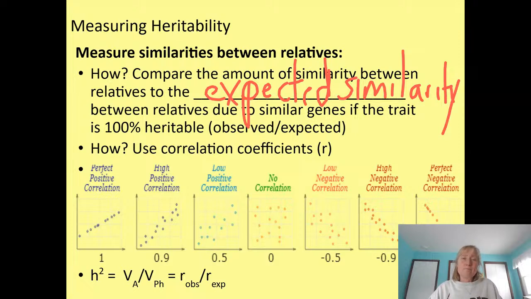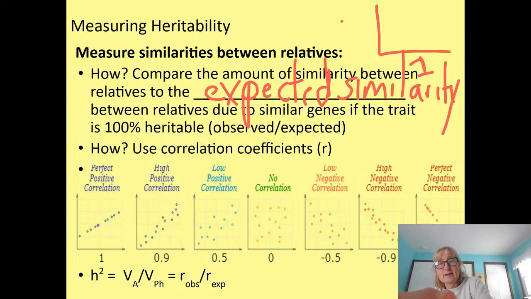In order to measure heritability, we could look at a population of, let's say, height and identical twins, and we could use what are called correlation coefficients. If we were going to measure identical twins' heights and put the height of one twin on the x-axis, the height of the second twin on the second axis, and we measure a whole bunch of individuals, we would expect a perfect correlation